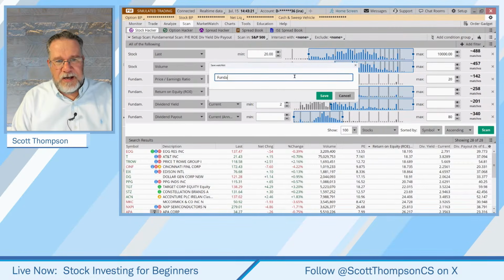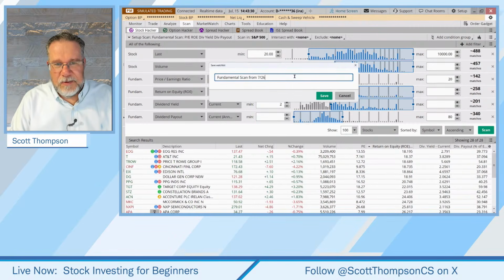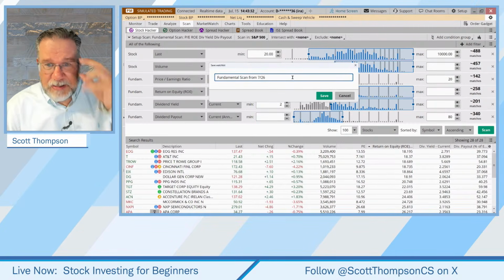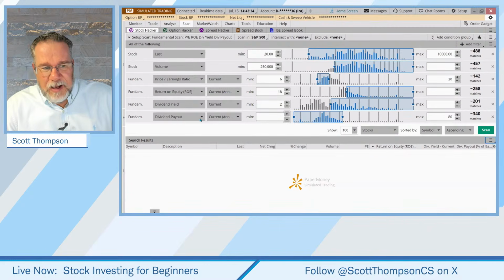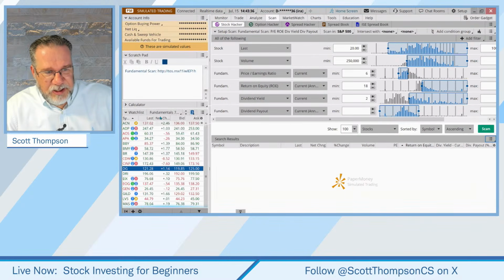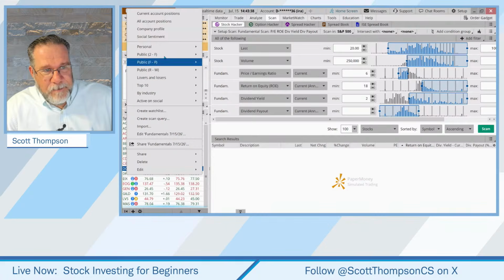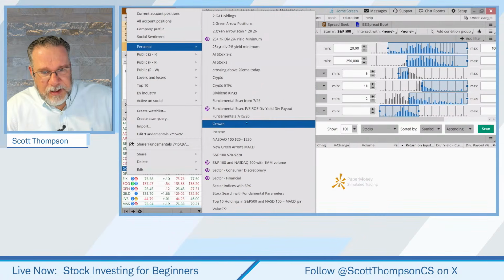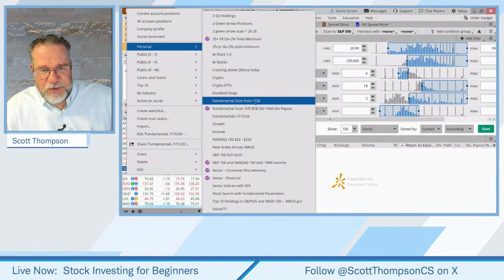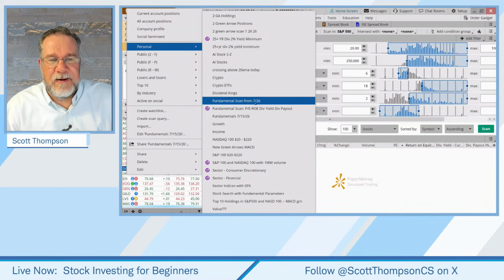Fundamental scan from 7/26. I like to put the month and year that I do these. Then you just save that. And then, on your gadgets, you can come over here to watch list and go up to personal. It'll be right there, fundamental scan from 7/26, and it'll have those stocks in it.